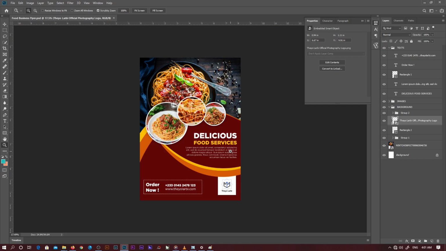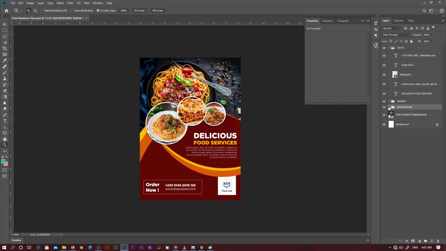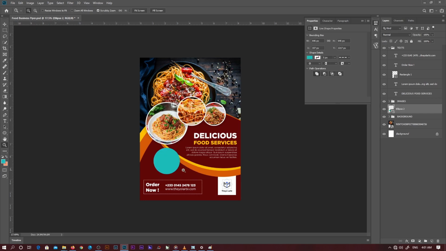Now we can't just leave this as that. We have to add in some things like the prices and maybe something to catch the eyes of the one looking at this. So to do that, I'll just grab my ellipse tool. You know what, let's find the custom shape tool somewhere here. Look up here at the toolbar, you have these options. Now I'm going to select a custom shape, probably this one looks cool to me, and I'll create a shape like, no, this actually looked way nicer than I thought it would be. You know what, let's just use a circle instead. So we create a circle like this, then zoom in